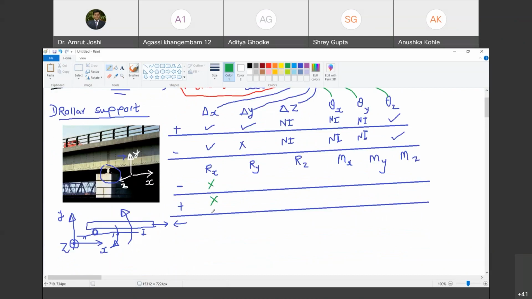Happy? Yes, sir. चलो अब वही एक्सरसाइज हम डेल्टा वाई के लिए करते हैं. Now delta y is freely possible in positive direction, but it is restrained in negative direction. Do you agree with me? Yes, sir. So if you try to push this notebook down, this notebook is not allowed to go down. Are you with me? Yes, sir. So therefore, the support must offer an upward force reaction. Then only it is possible. Do you agree with me?